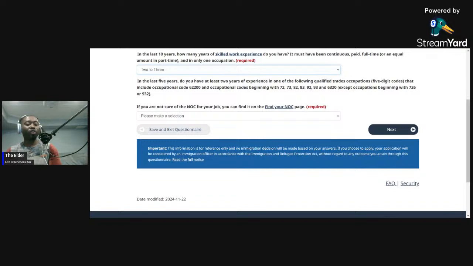But if you don't have any of those, trades is also one of the 6 categories that people normally don't focus on. But if you have any sort of certification in any trades occupations, it does help a lot. So let's say we are not really sure about it. We don't really have any trades occupation. So I choose none. And next,